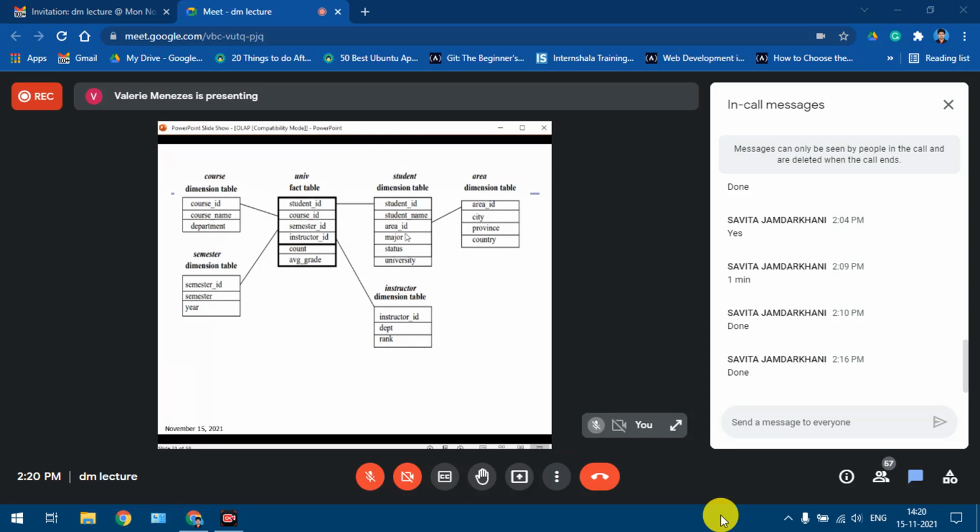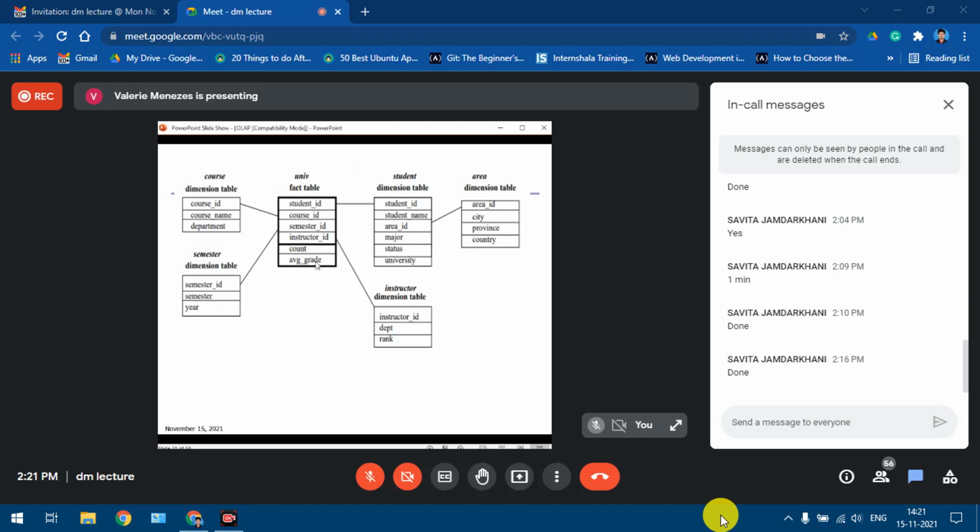Based on this normalization, we convert the star schema into finally what we can see here as the snowflake schema. So here there are actually 4 dimensions: course, student, instructor, and semester. And this part is optional, students. They have normalized the student table into student and area. So this now becomes the snowflake schema.